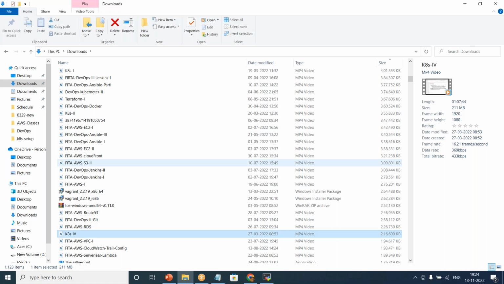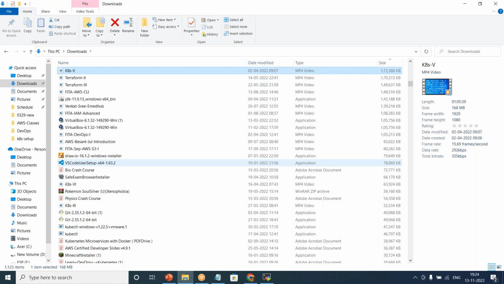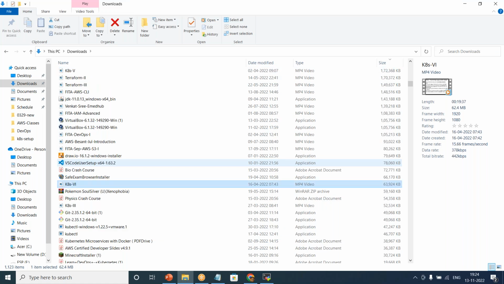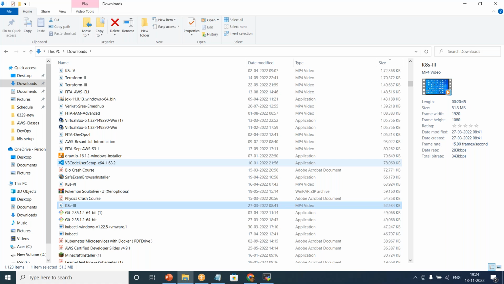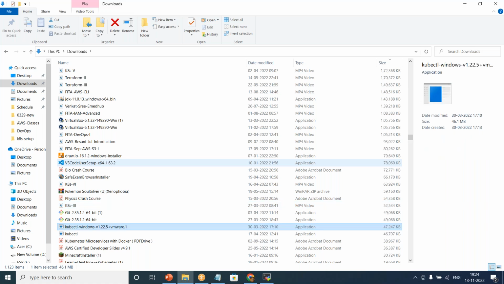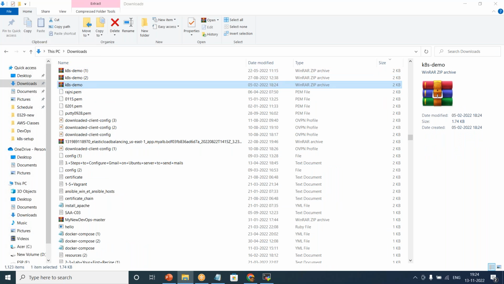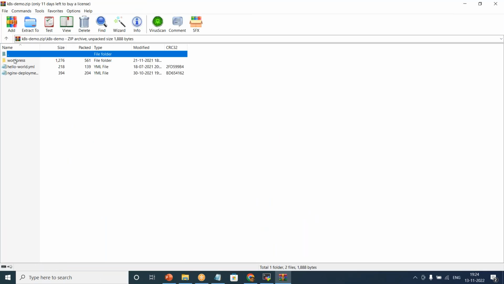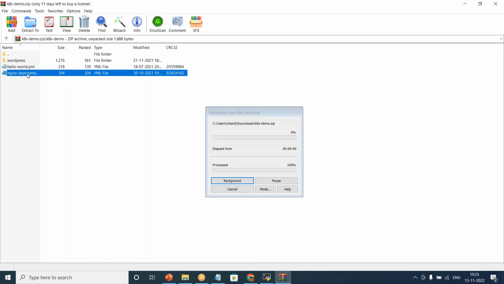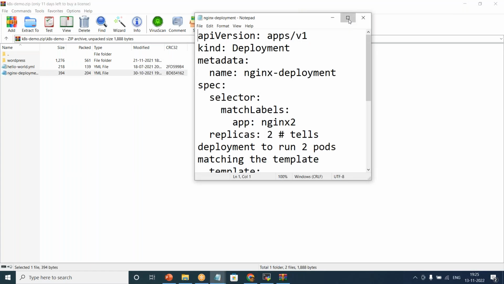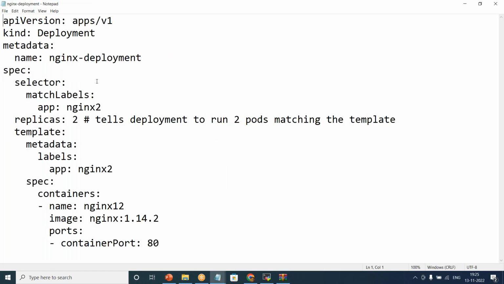I also have some more examples which I've done for a separate Kubernetes course. I will try to share that with you guys, and you can use that as well. Okay, we have an Nginx deployment, and we have replicas too,